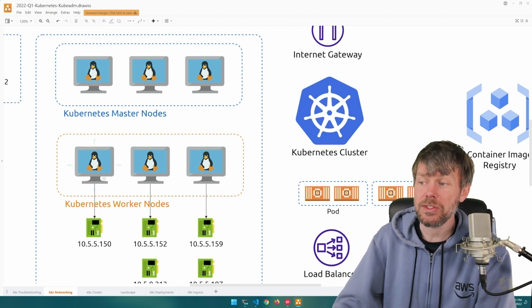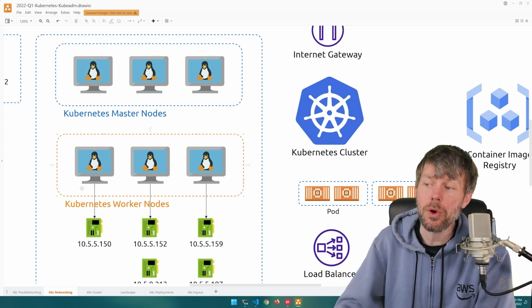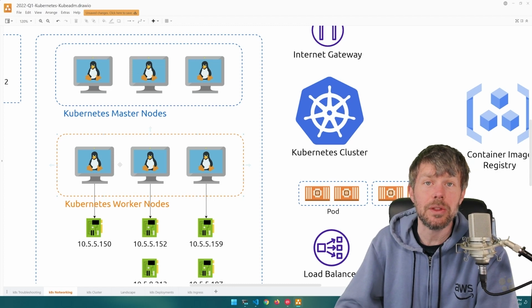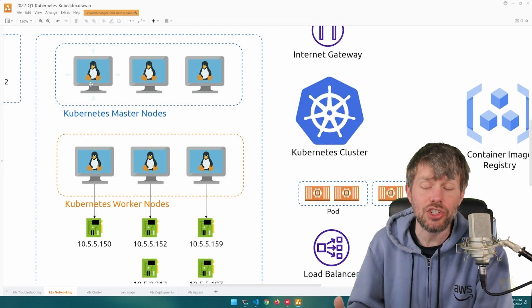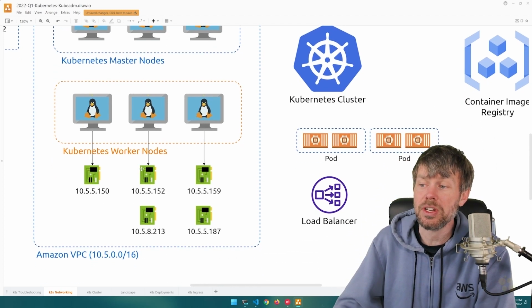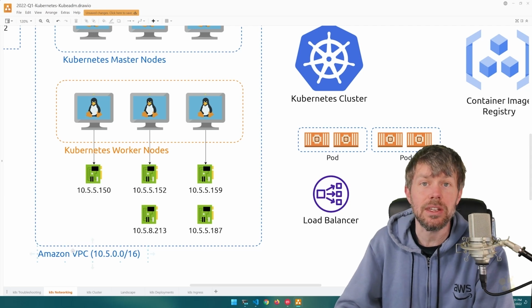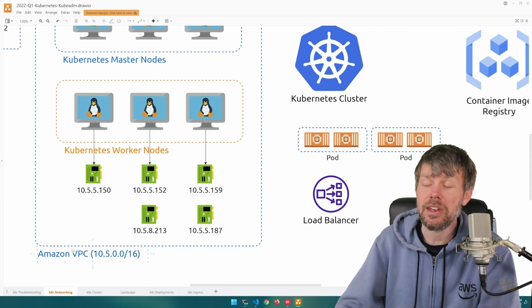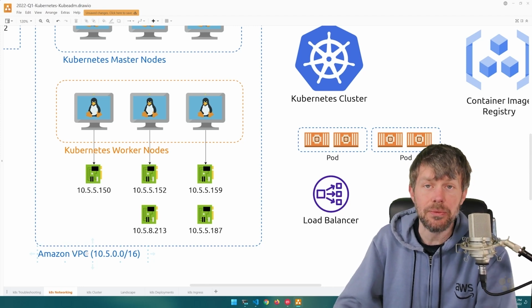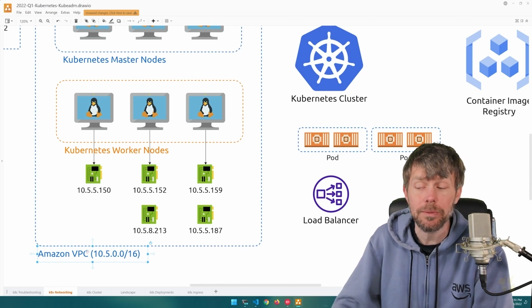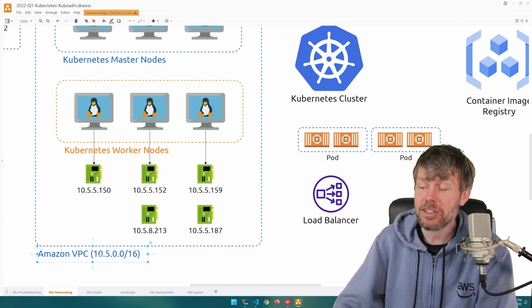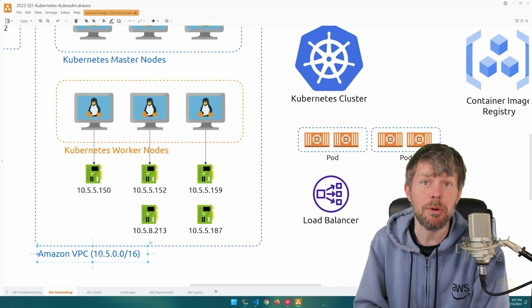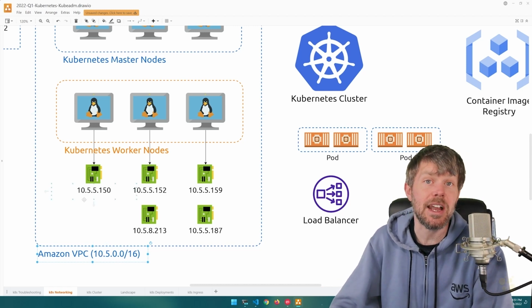So then we've also got these Kubernetes worker nodes, and in order for all of these worker nodes to communicate with each other, as well as to be able to communicate with the master nodes in order to receive instructions from them, the worker nodes are also going to need to have IP addresses on the network that they belong to. In Amazon Web Services, that software-defined network in the cloud is known as a VPC, or Virtual Private Cloud. The Virtual Private Cloud is going to have a CIDR block, and the CIDR block is basically just the IP allocation for that particular virtual network,